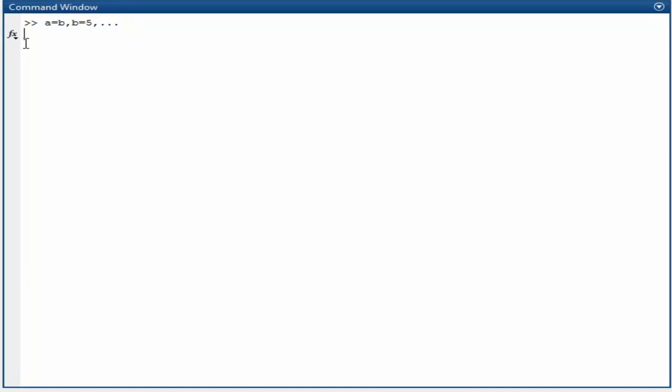As you see, when I press enter, there is no command prompt here, which means it will execute the command in series.